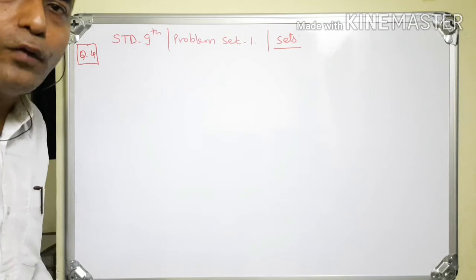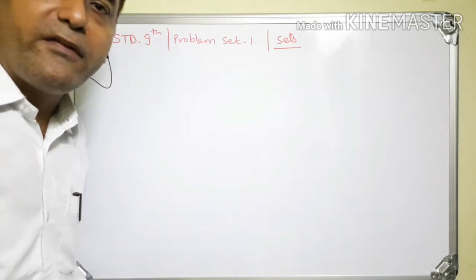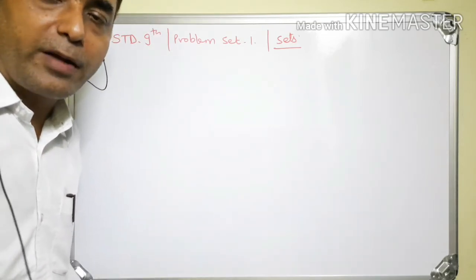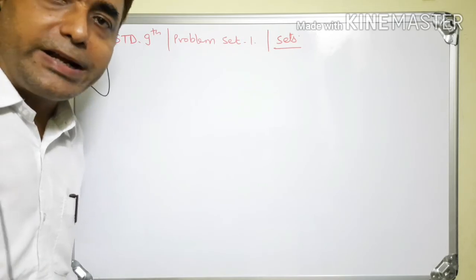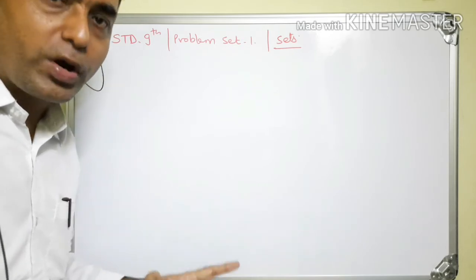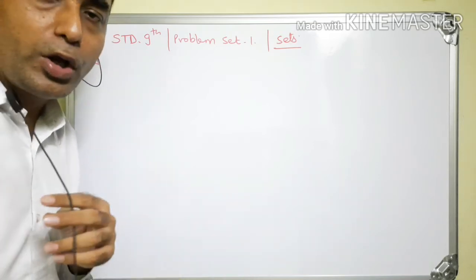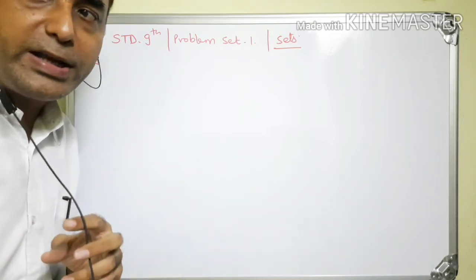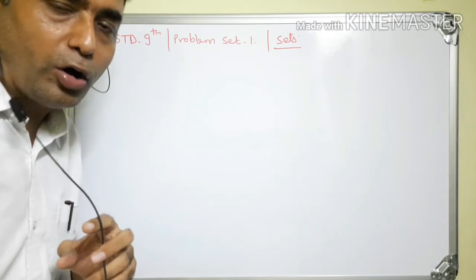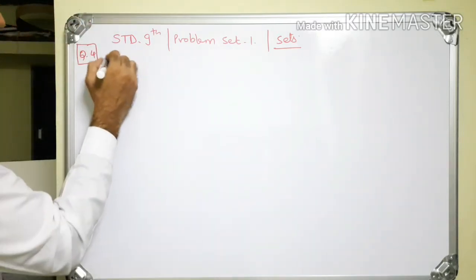Now question number 4. In a tree plantation week, 70 trees were planted by Parth, 90 trees were planted by Pradnya, and they both together planted 25 trees. So now we have to find how many trees were planted by Parth or Pradnya. So, solution: